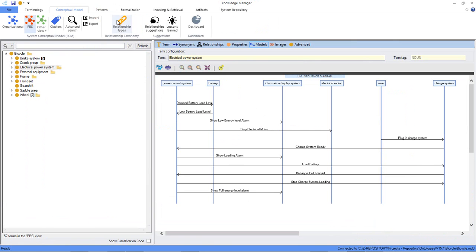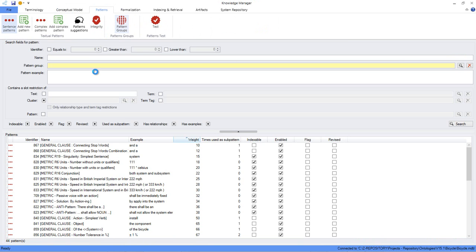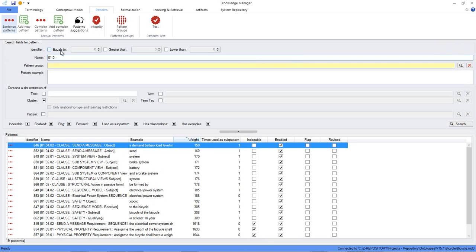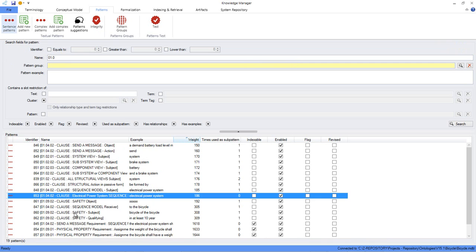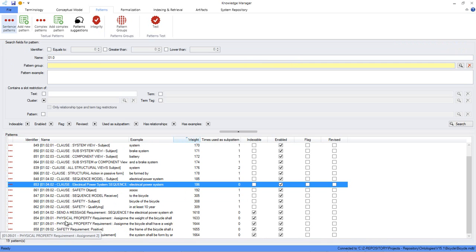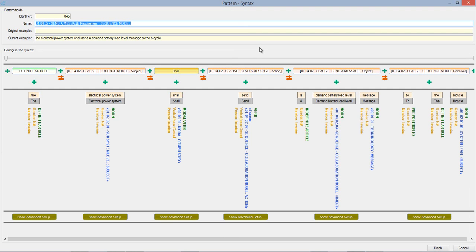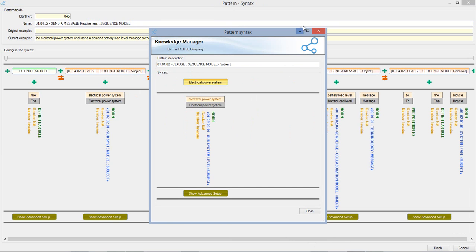Perhaps you would like to see them. Patterns, pattern groups, for sequence model, and you get the send a message requirement pattern. So we can see it in a while. Send a message requirement, and I can show you very quickly. It's not the goal of this video to show you the pattern, but you can see that this is the pattern that we are going to ask for matching. Okay,